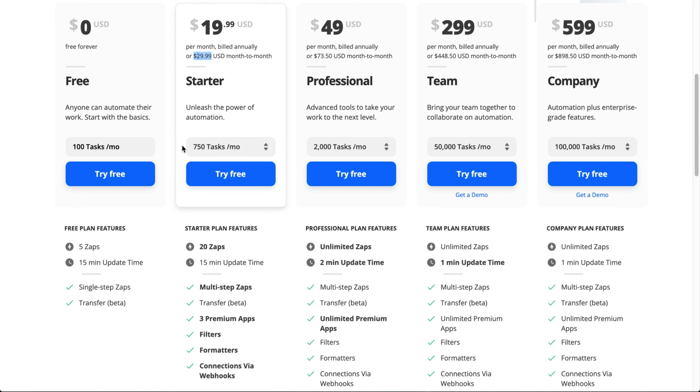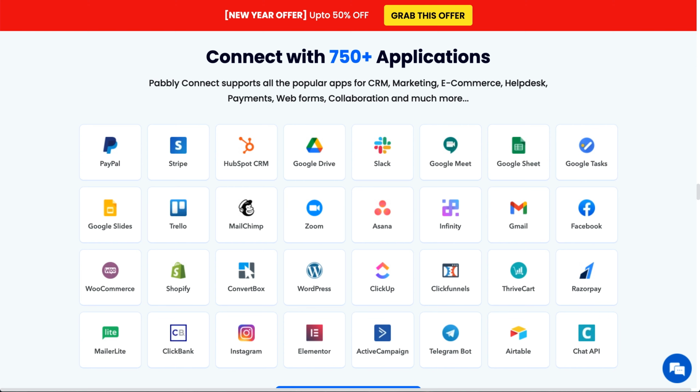But I want you to look at the Pabbly Connect pricing now. So again, Pabbly Connect has over 750 applications. I will say Zapier probably has more, but with 750 applications, they're always growing, and you can see they have all the major stuff: PayPal, Stripe, Google Drive, Slack, Google Meet, Zoom, WooCommerce and Shopify.